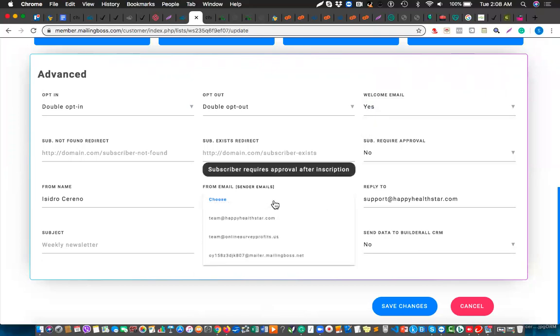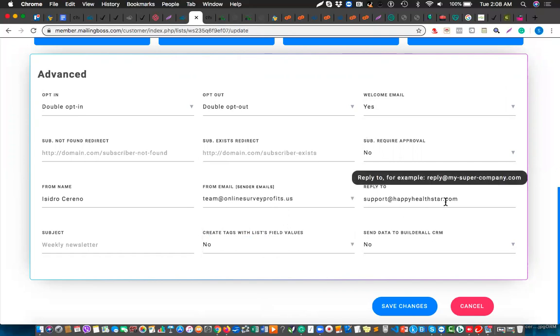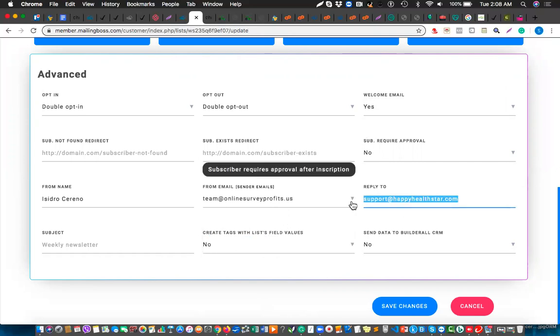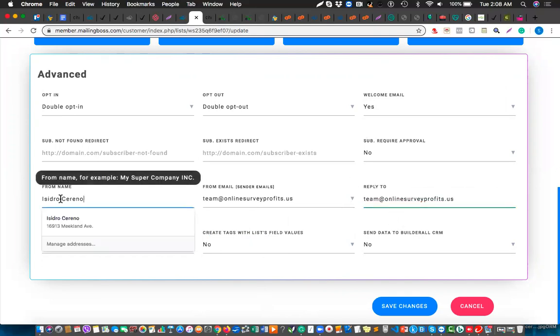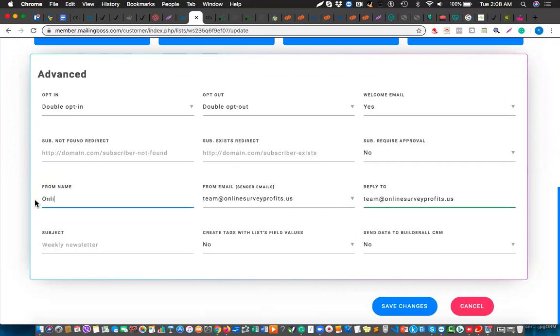And then I'm going to change this to team at online survey profits, and I'm going to change this email again to team at onlinesurveyprofits.us, right? And here I'll just say online survey profits. From name will appear like this. Make sense? Yes. And I'll click save changes,